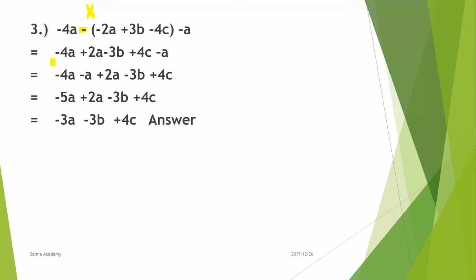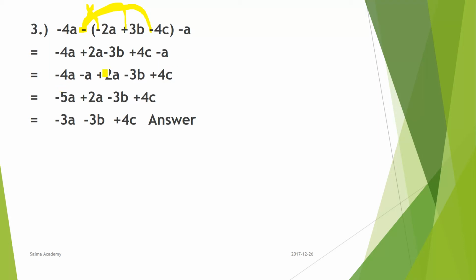So write down minus 4a as it is, and this is the rule. If there is a minus or negative sign before the parenthesis, then all the signs will change. This is minus, it will be plus. This is plus, it is minus. This is minus, it is plus. Why? Because we are doing multiplication, and in multiplication minus minus is plus, minus plus is minus, and minus minus is plus. We are doing multiplication here, so all signs will change, and this minus a.